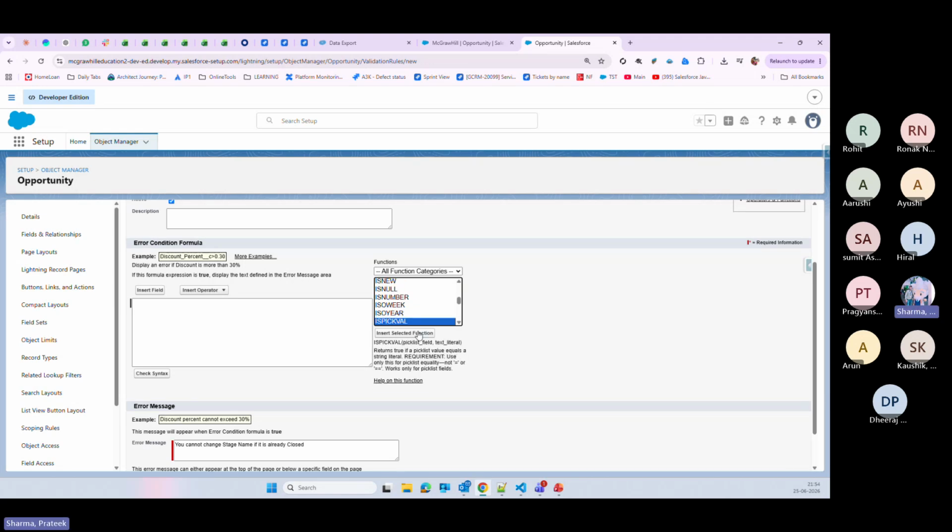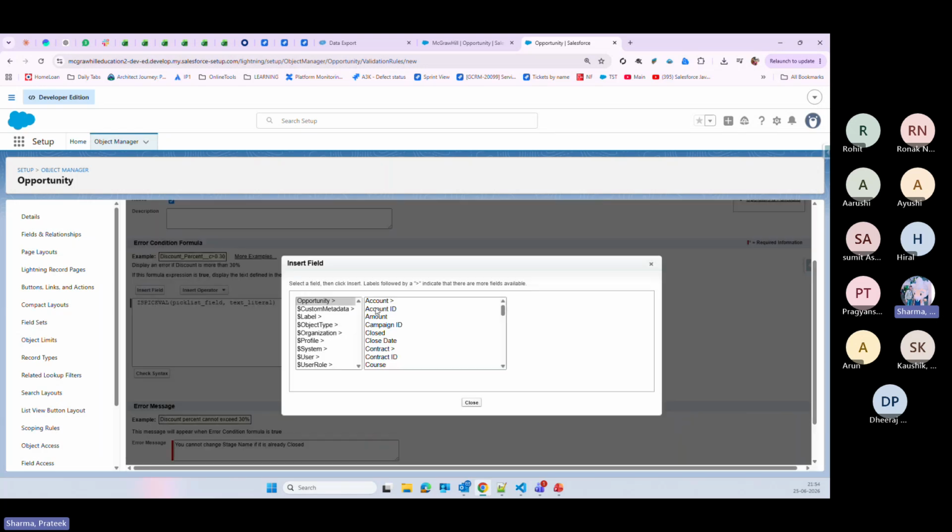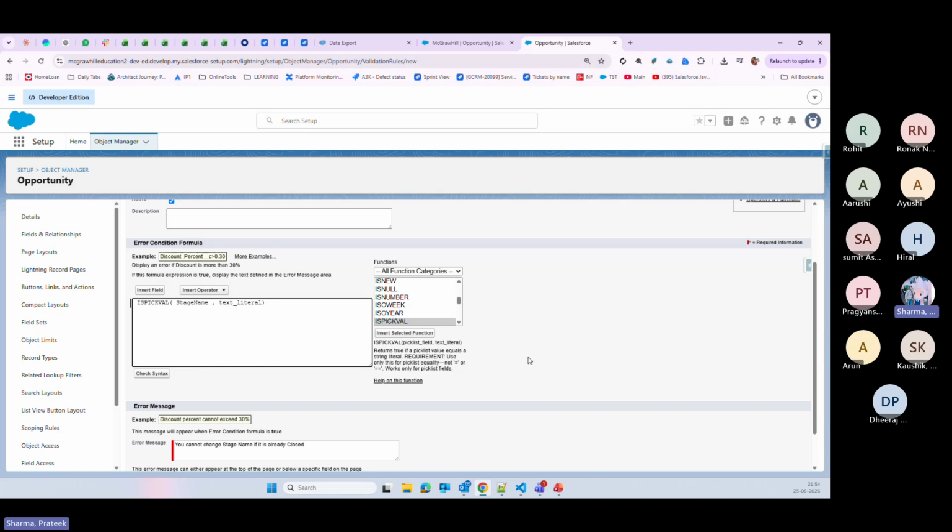Yeah, this is the function that we will use, and the pick list field will insert, and that is stage. Here we go. So stage is our pick list field, and now we need to check if it is closed one. So in double quotes, you can simply check if it is closed one, right? Then what we need to do, and